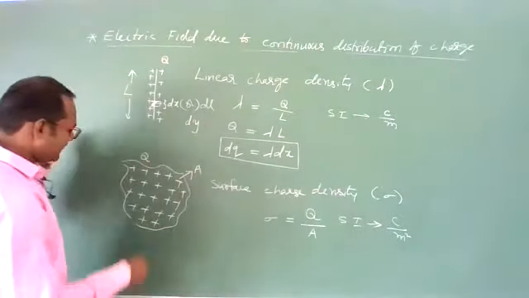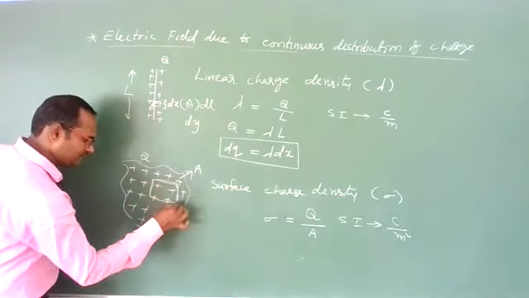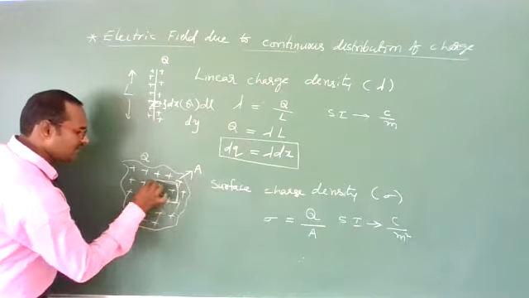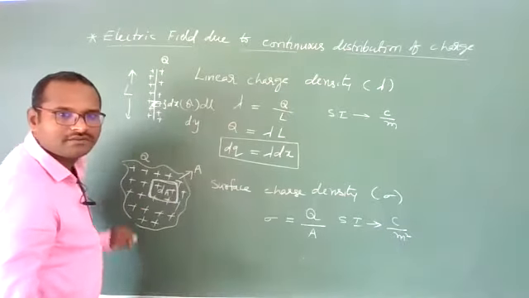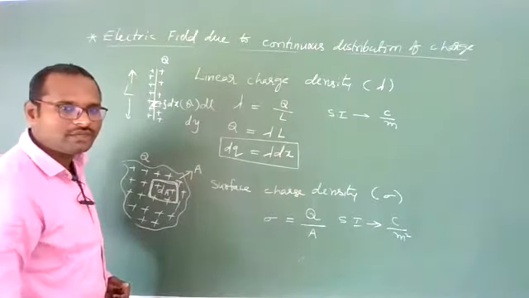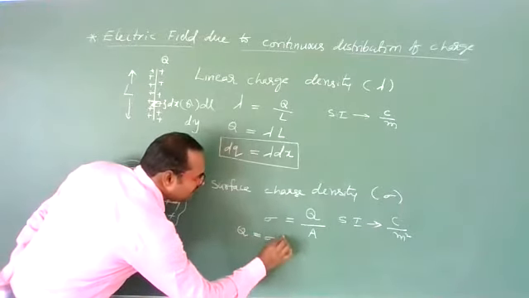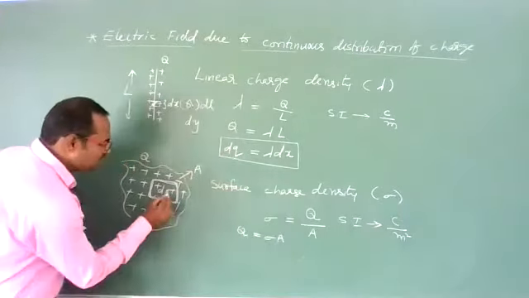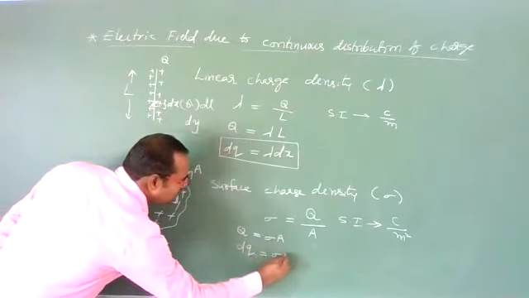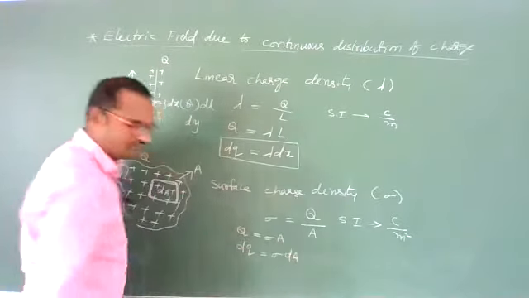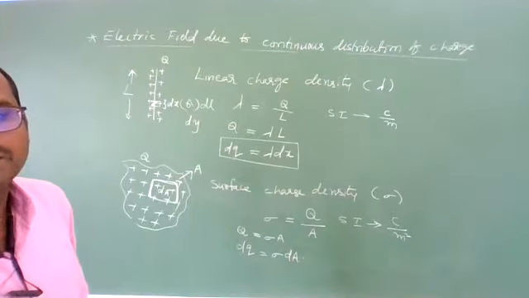Okay, now let us take a small elementary area. This much area I have considered. Now in this area dA, how much charge is present? How to write? Simple technique. Total charge Q present is nothing but sigma into area. Now small amount of charge in the area dA, dQ, can be written as sigma into dA. Clear? Okay.